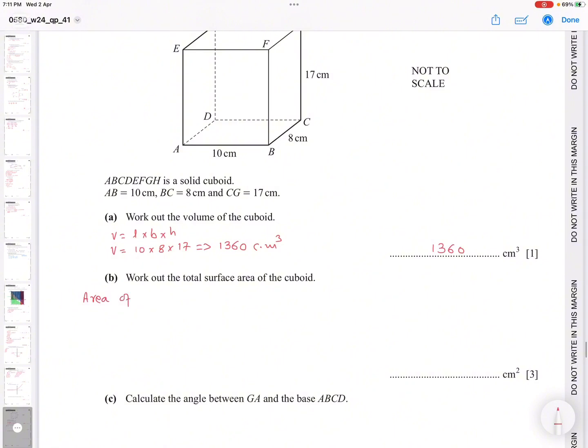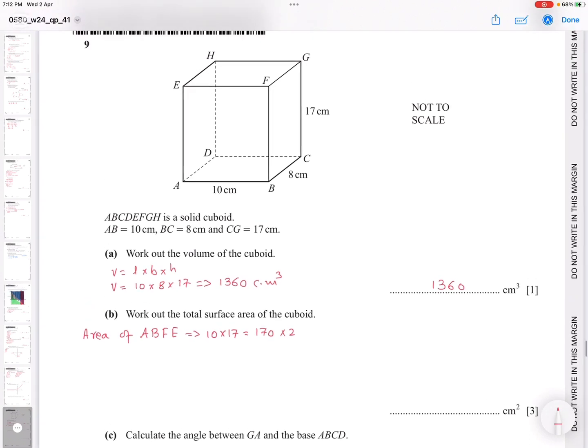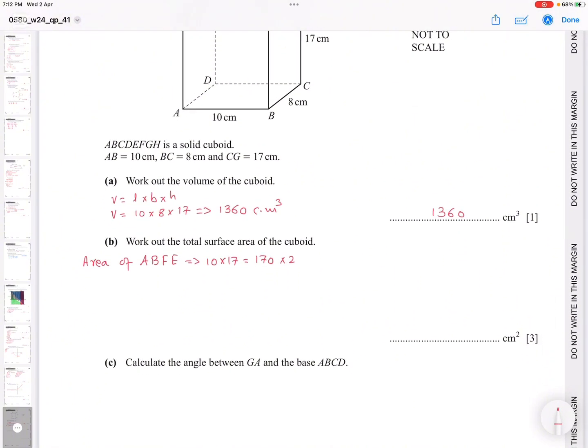Area of ABFE, and this is 10 into 17, which is 170, and I'm going to multiply it by 2 because exactly on its back side, which is DCGH, this is the same thing as ABFE, so this gives me 340